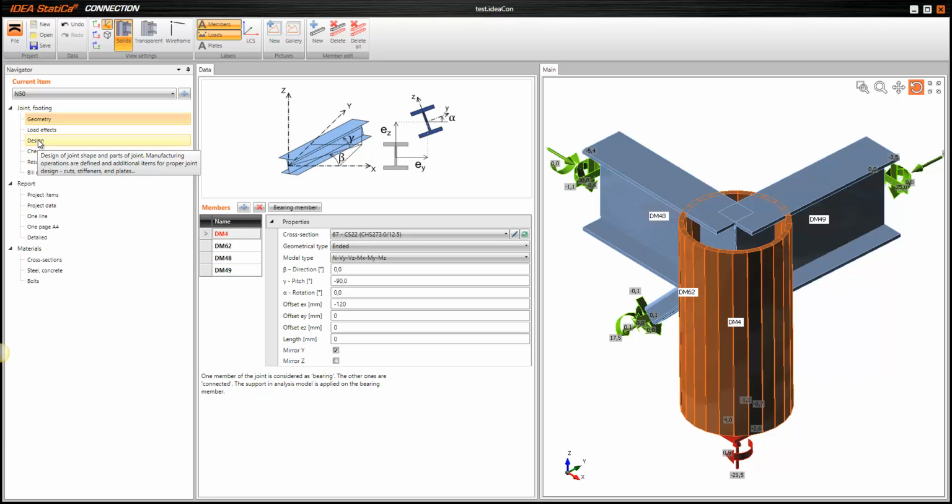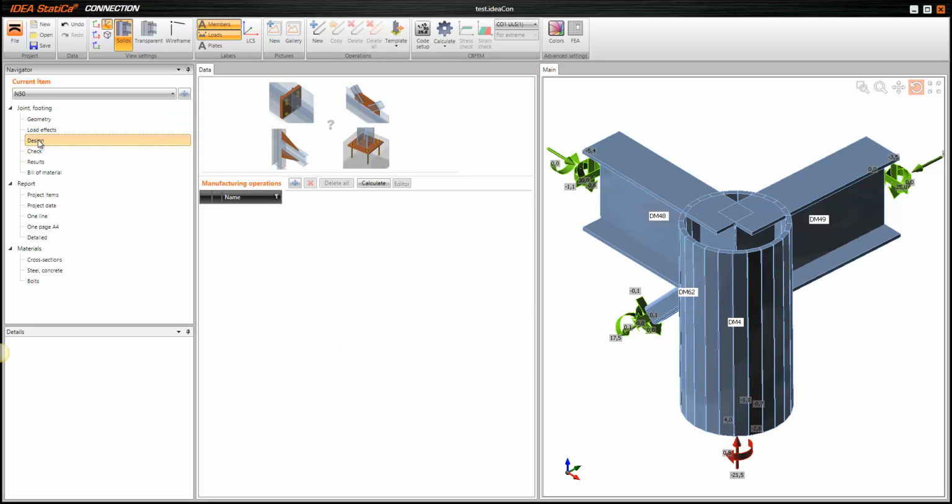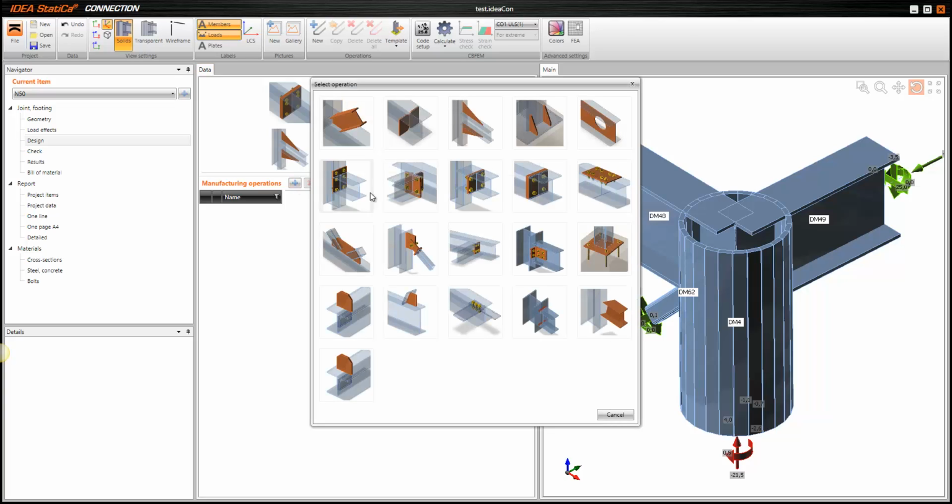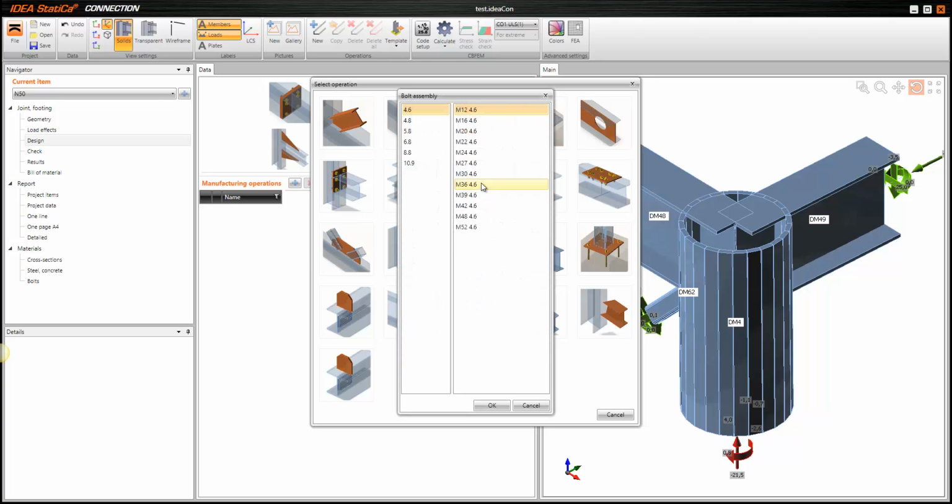So we are going to Design, and we add a new manufacturing operation, which in this case will be a stub plate-to-plate connection from the beam to the column. So we are choosing a bolt assembly,